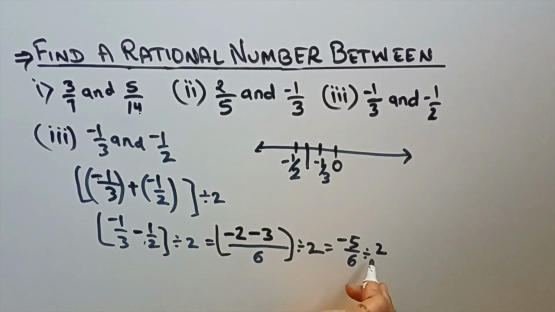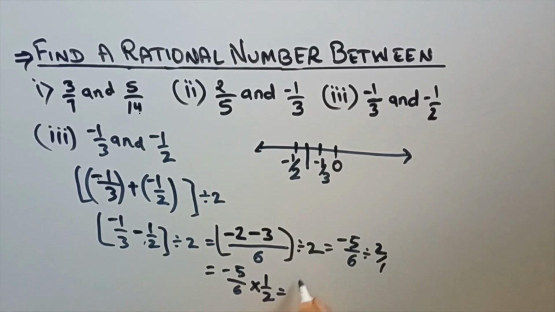As we have to divide this by 2, we will take the inverse of this. This is 2 by nothing is there, so we will put 1. So minus 5 by 6, put a multiplication sign and take the inverse of this. This 2 by 1 will become 1 by 2. 5 1s are 5. Minus 5, minus plus minus. This is nothing, no sign is here, so we will put a plus sign here. Plus minus minus. So minus 5 by 6 2s are 12. This is our answer.